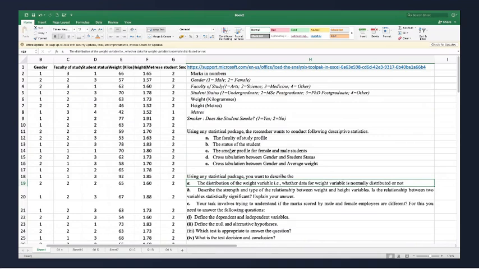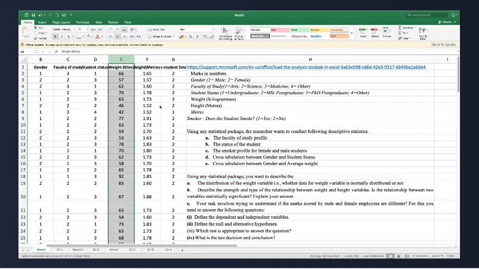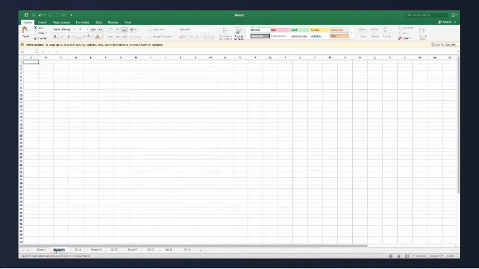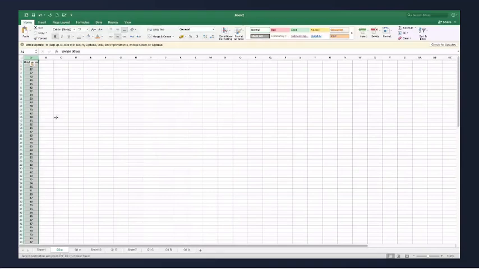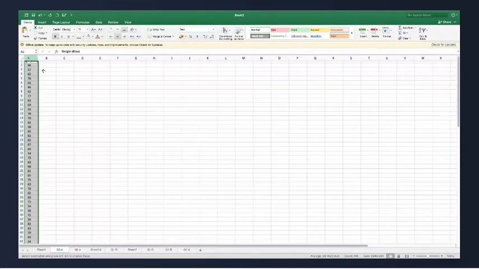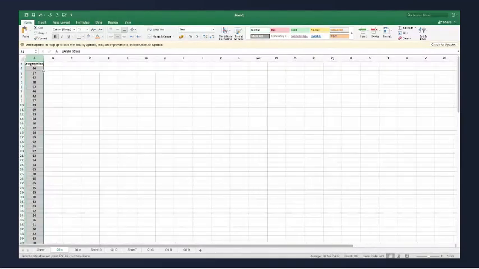Now watch this carefully. I have to take the weight variable, go to my new sheet, and write down question number 2A. Put my variable here. I have my data here. Now I have to do my normal distribution.